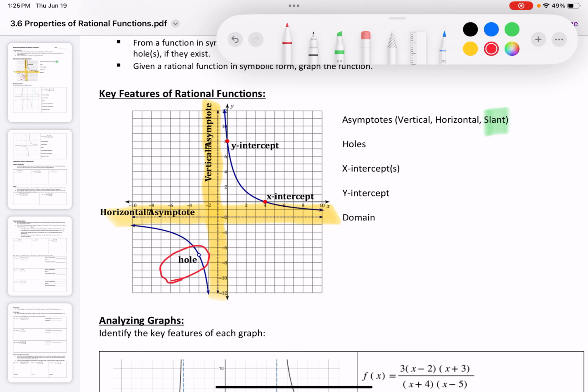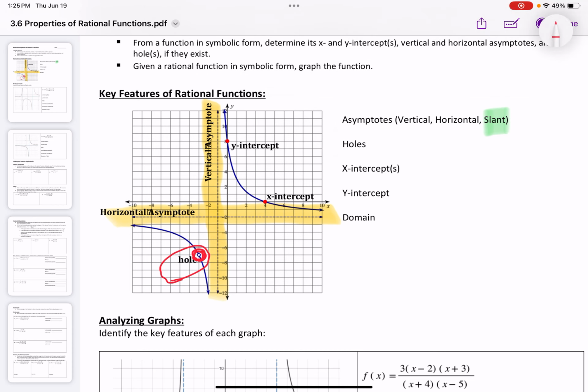Holes show up as an open circle in the graph, but if you were to graph this on Desmos or on a calculator, you may not actually see that physical hole show up. The graph will kind of continue looking like it's going straight through there, but if you were able to zoom in on that hole exactly, you would see that there's an undefined point right at the hole. So we're going to explore this graphically at first, and then look at how we find these key features